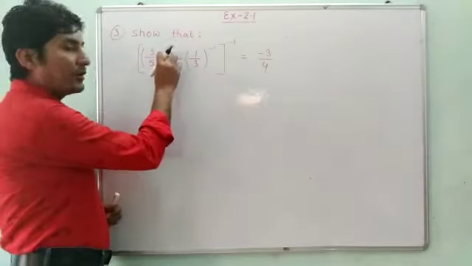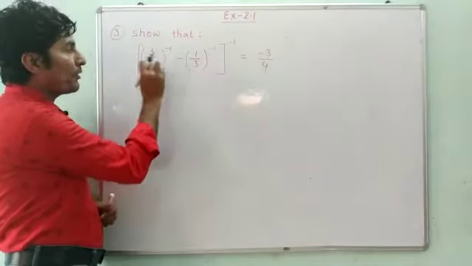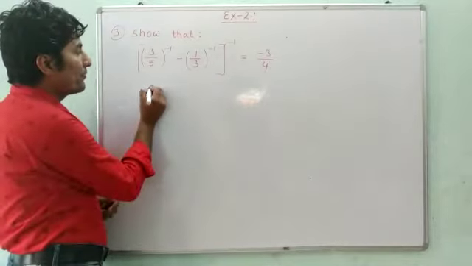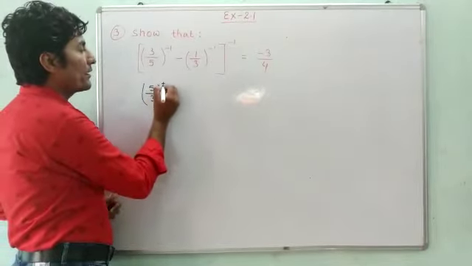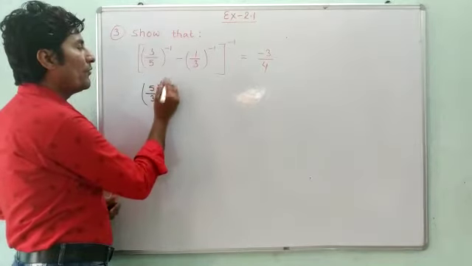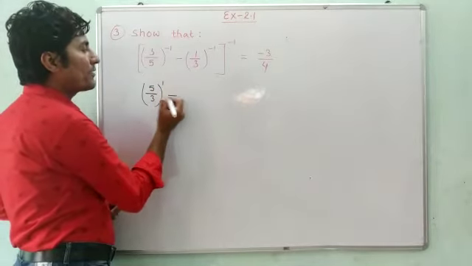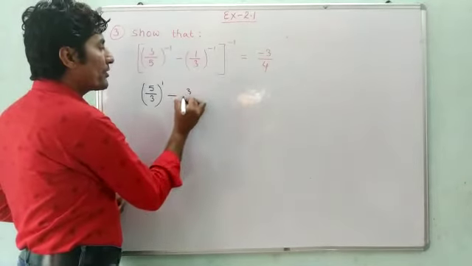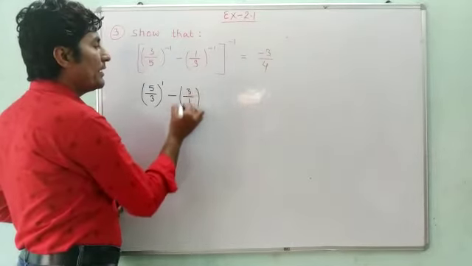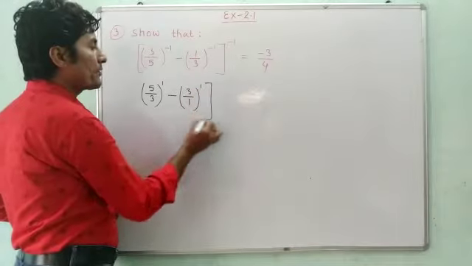To convert minus 1 into plus 1, we have to write the reciprocal of 3 upon 5. That will be equal to 5 upon 3 and to the power plus 1, or we can say only 1 also. Minus will be as it is, no change. Now we can write the reciprocal of 4 upon 3. That will be equal to 3 upon 1 and the exponent will be equal to plus 1.